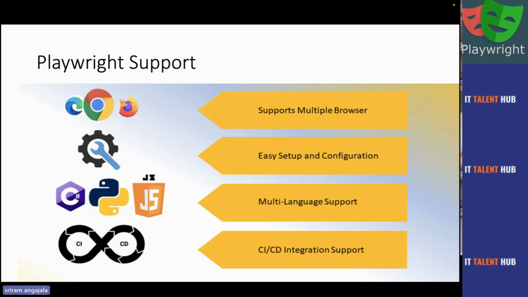Now the problems with Selenium not having a framework, and Cypress not supporting multiple languages and having its own record and playback mechanism, are completely handled by Playwright. And what can Playwright do? As you can see here, it supports multiple languages. And especially, many of you, even I trained many people on Java. The good news for Java people is, yes, Playwright supports Java. So you don't need to learn JavaScript.